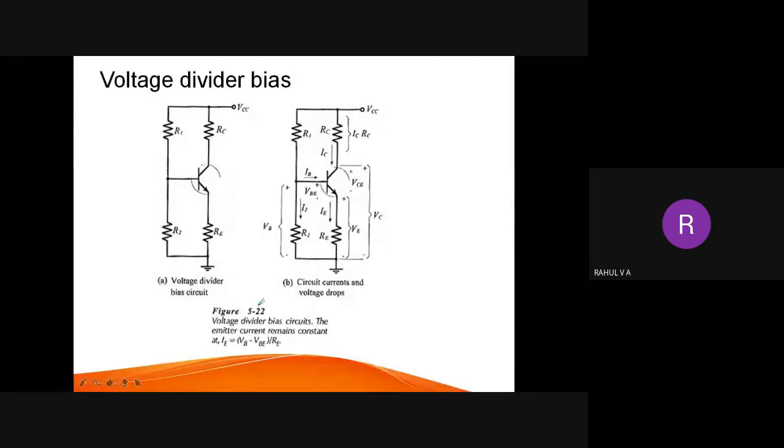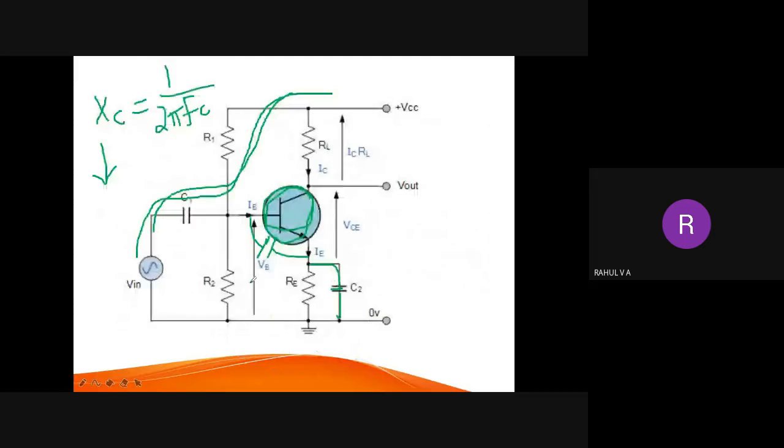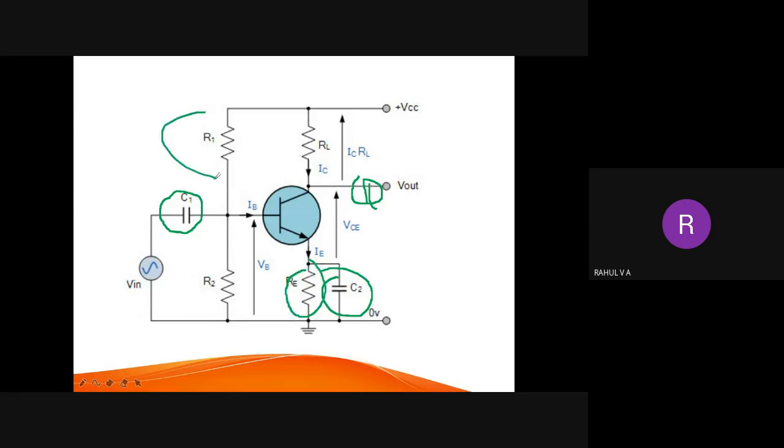So let us think once more about this amplifier. So far what we discussed is a very important topic, that is why I keep saying it again and again. Okay, so we have a circuit. So first you explain what is an amplifier and what is common emitter, then you explain the importance of these components: coupling capacitor. Here also we have a coupling capacitor. Here we have the emitter capacitor. Why these resistors are used? This you have to explain.